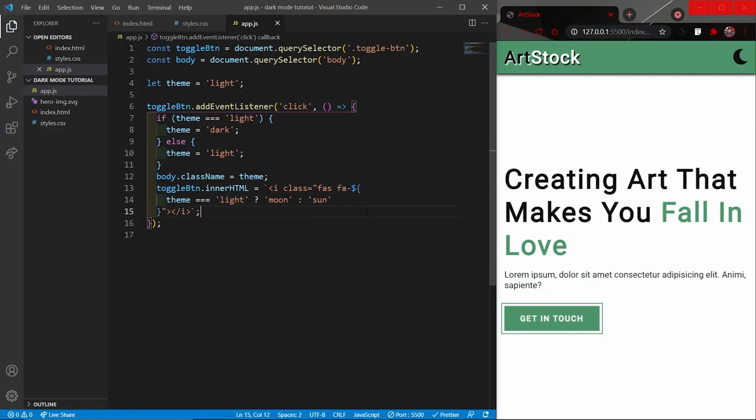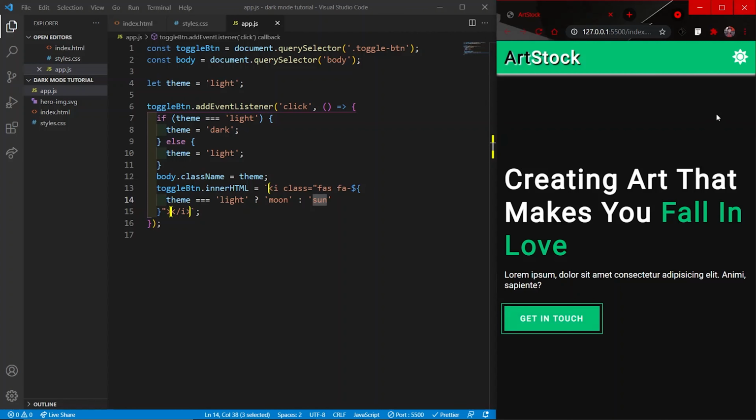So if I save, what we are doing inside this bracket is checking if the value of theme is light, so this whole bracket will return the statement moon, and else, that means if it is not light, we will return a sun. So if I show you, right, we have it working just fine.